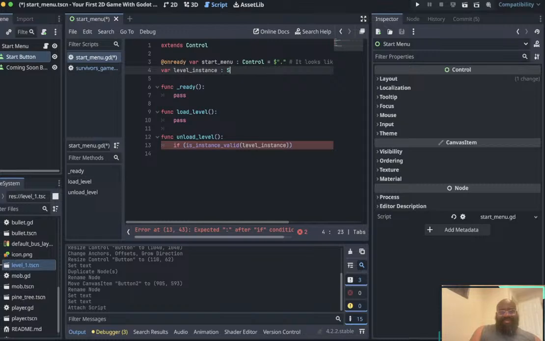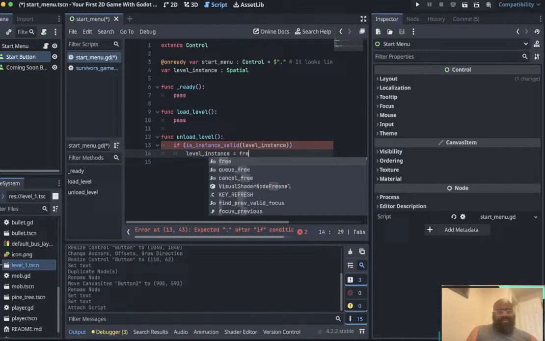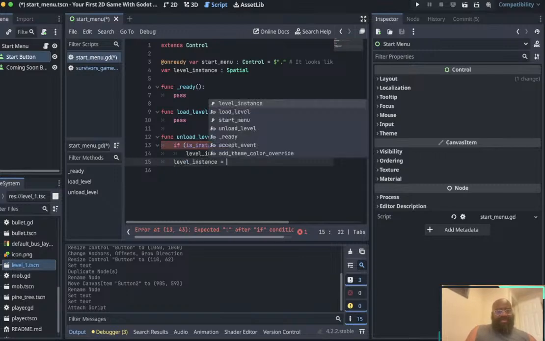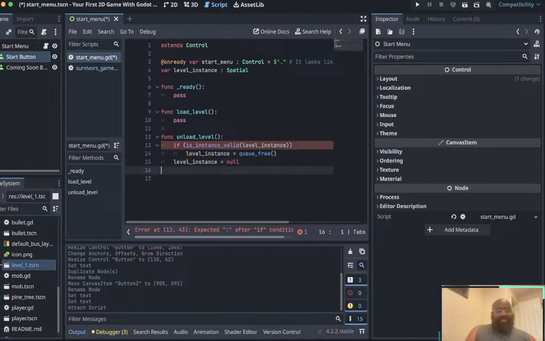And it's not going to let me. Is it queue free? Yeah, queue free. All right. And then it's saying drop out of here and do level instance equal null. Then for load level,